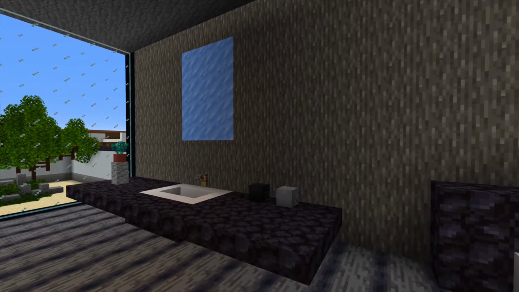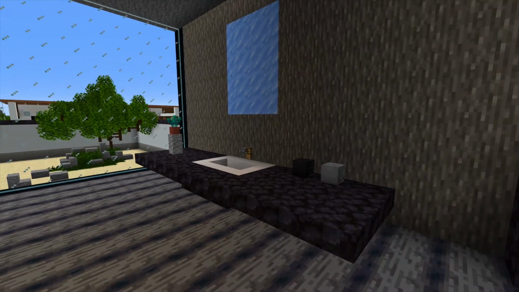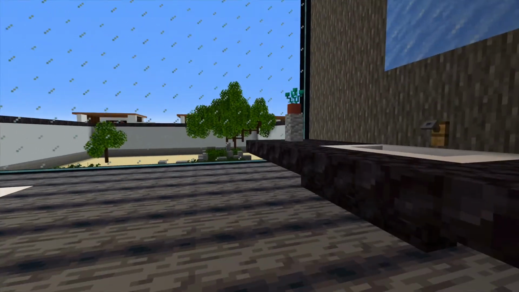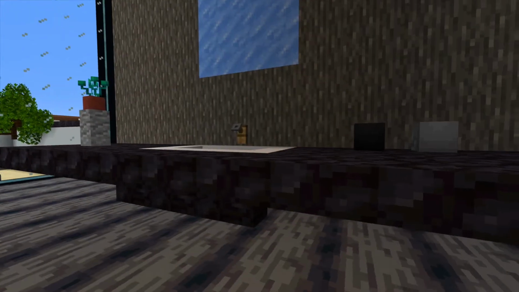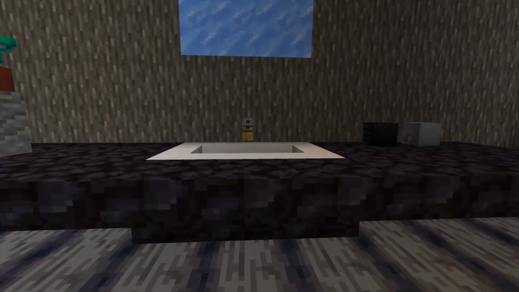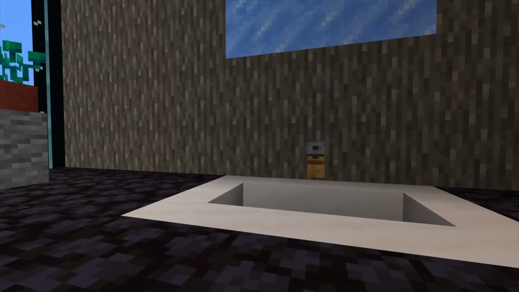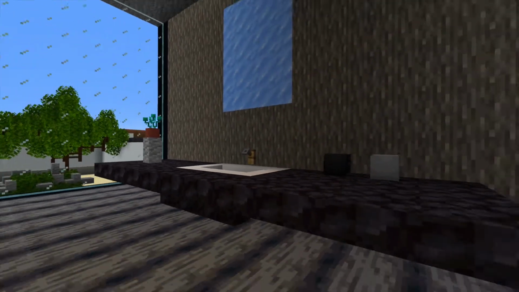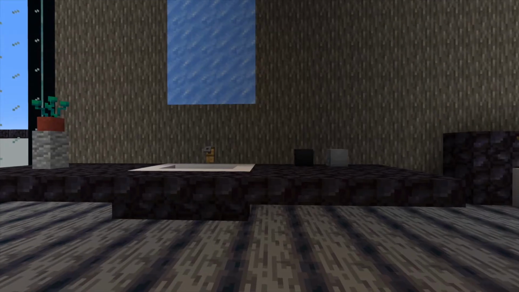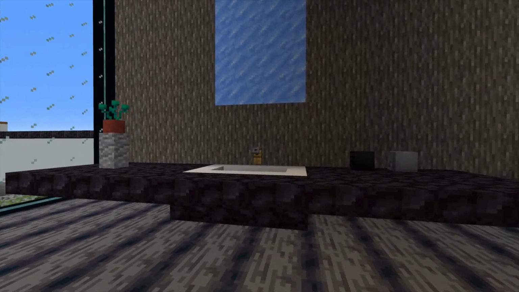We've got packed ice here for a mirror and a floating shelf with the sink in. Again, I had this one higher. I wanted it to actually all float off the floor, but this is a little bit more manageable, more in scale for a Minecraft player. So I compromised and did a bit of a float,